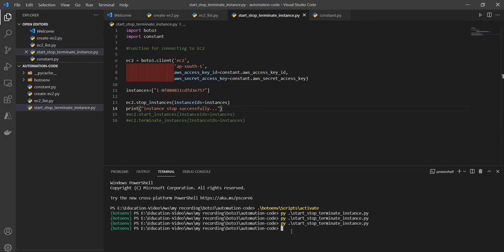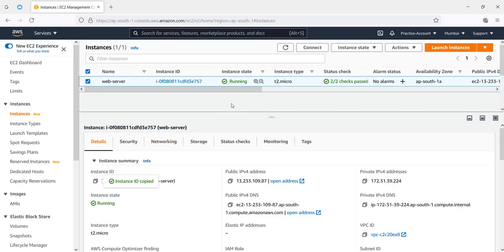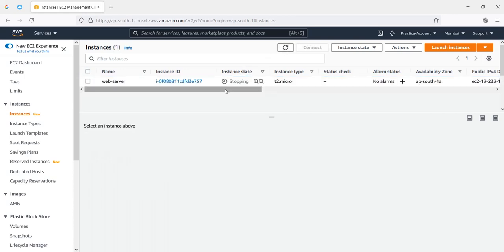Now we will run this. See, we will get the desired output here, and when you refresh it, the instance state will change from running to stopped.